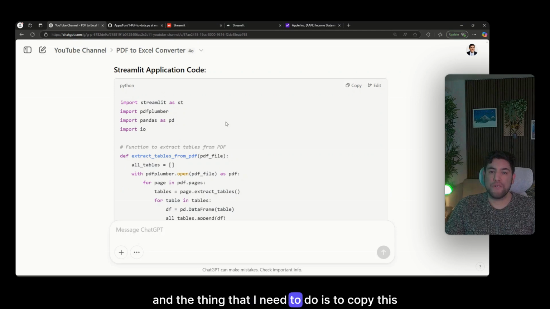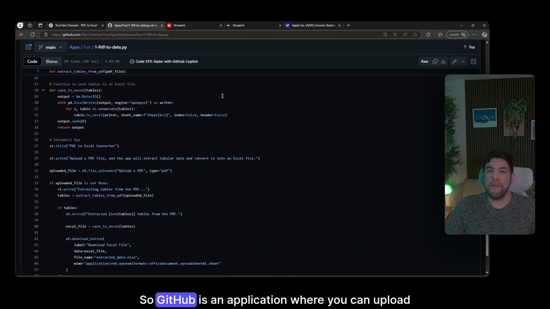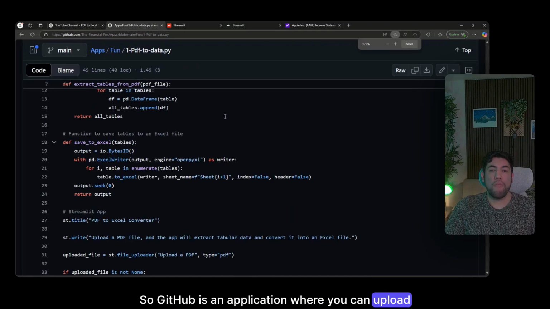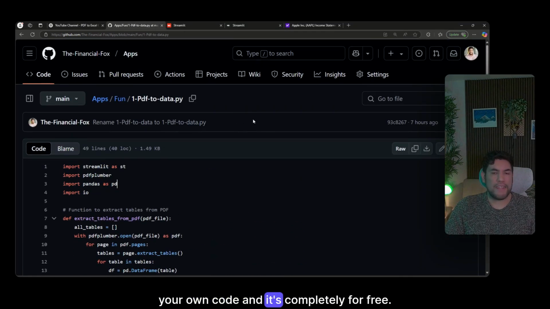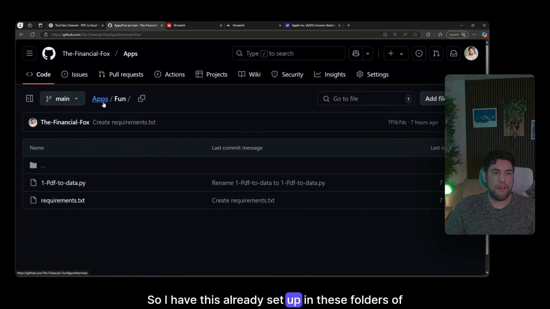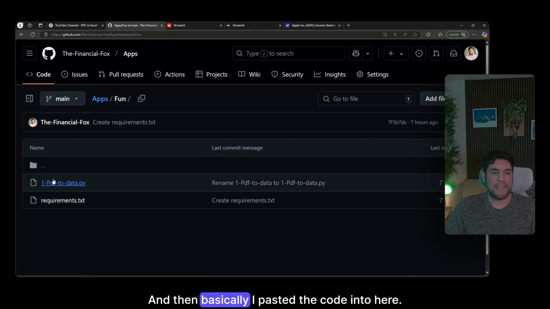And the thing that I need to do is to copy this code and then to paste it into GitHub. So GitHub is an application where you can upload your own code, and it's completely for free. So I have this already set up in these folders of like apps and fun, and then basically I pasted